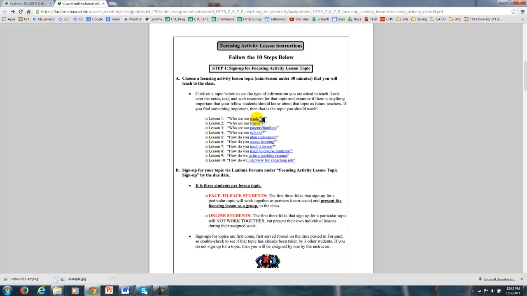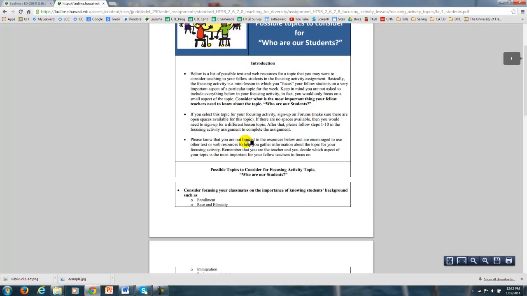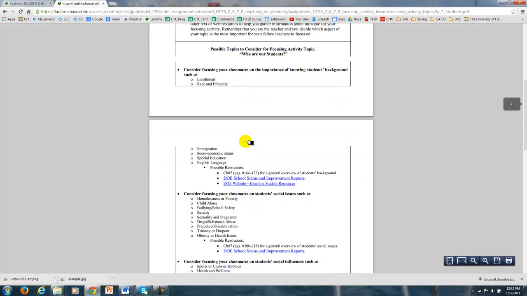And the idea is that when you look at a topic, you are looking for the 40-year idea as part of the 40-40-40 rule that you'll learn about in backwards design. So I have choices of considering focusing my classmates on the importance of knowing their students' backgrounds, race and ethnicity, socioeconomic status, or I could have them focus on child abuse and bullying, and so on as you go through